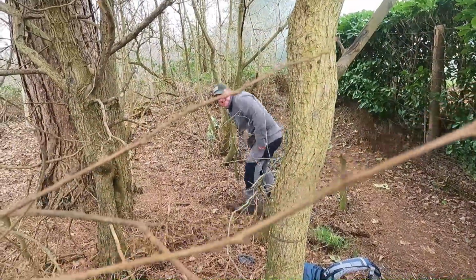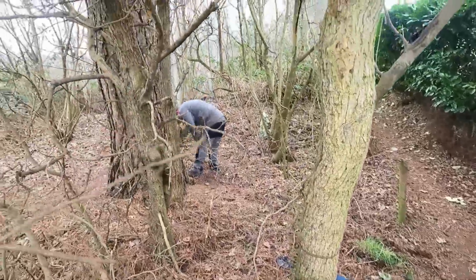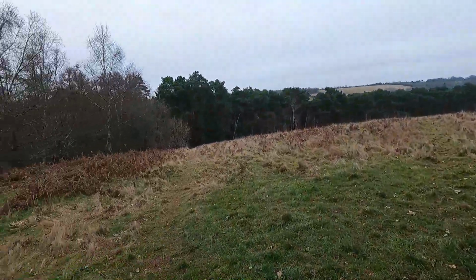Paul's just completely stacked it over this piece of wire that you can't see. Oh, I wish I'd done camera. Like a sack of